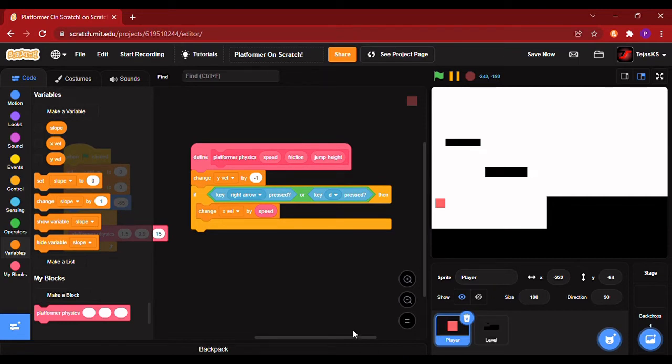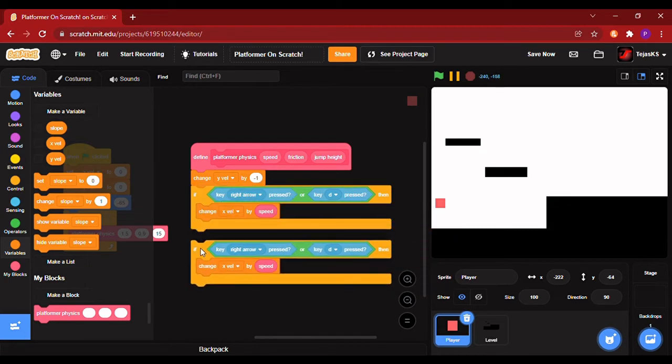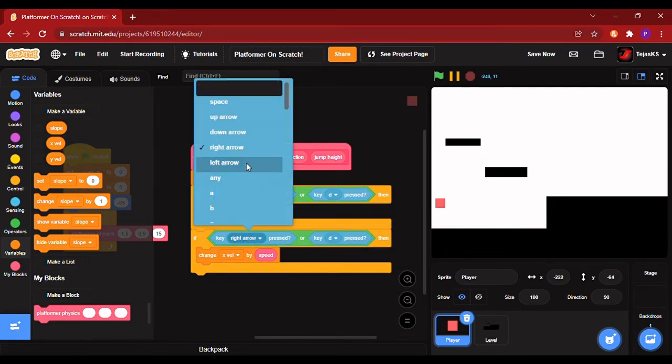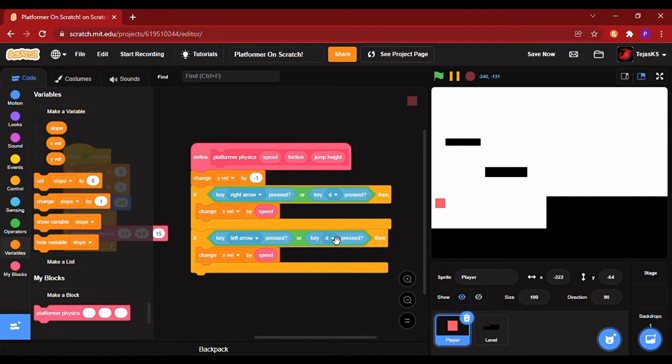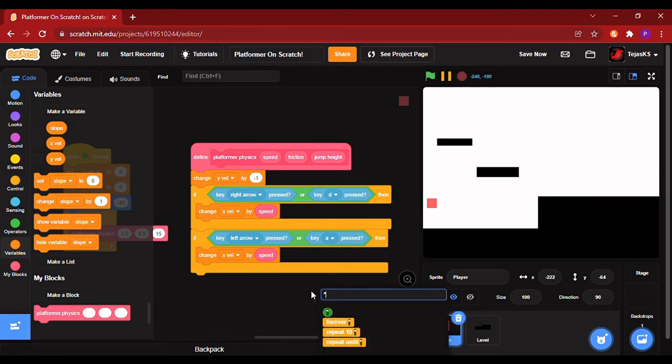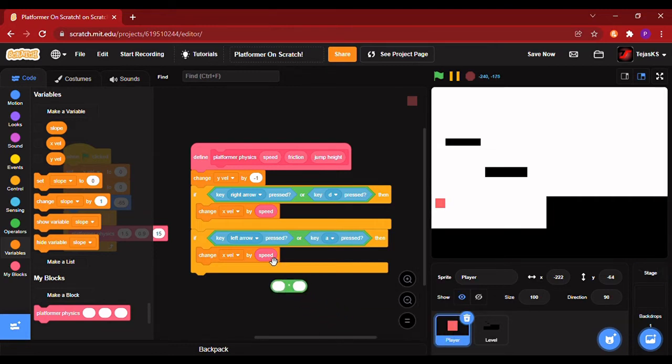After that, put if left arrow key is pressed or A is pressed, we can duplicate this. If left arrow key is pressed or A is pressed, then we will do a simple thing, that we will multiply it by -1. So our value will become the opposite of our speed.